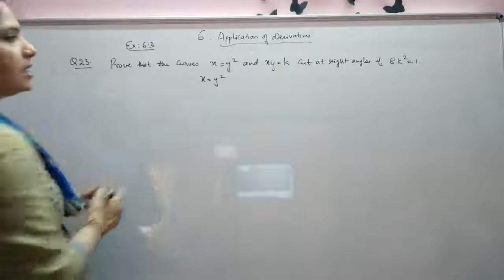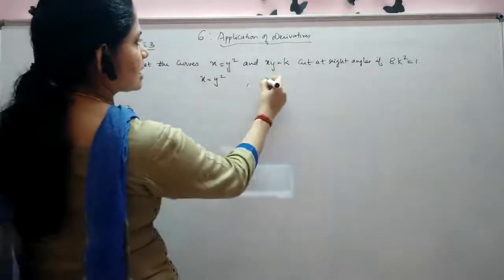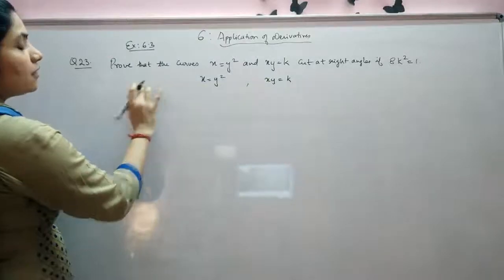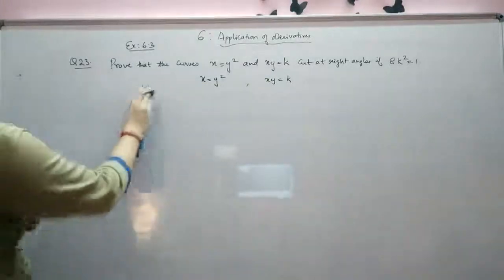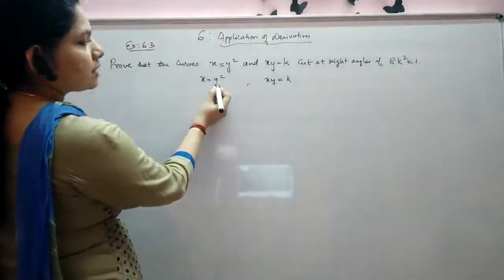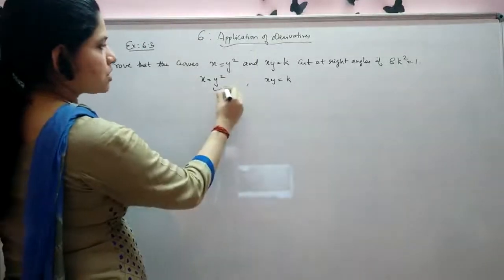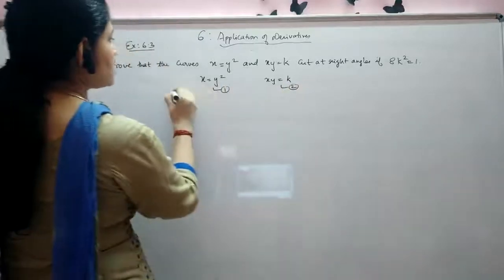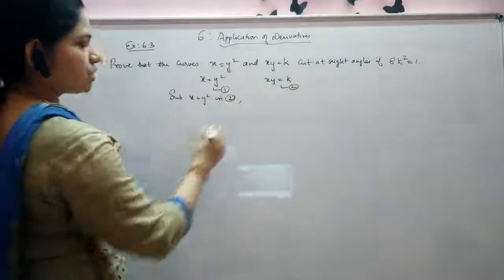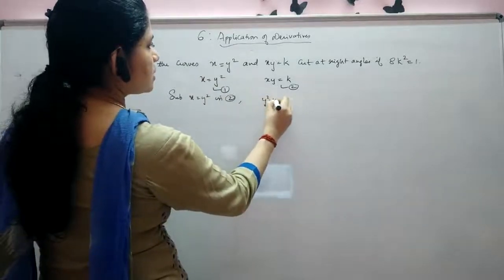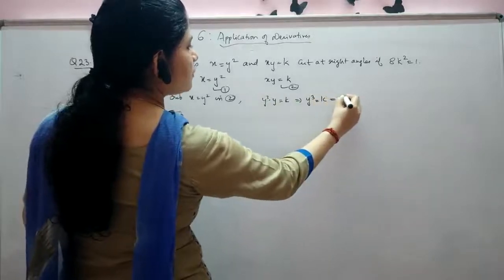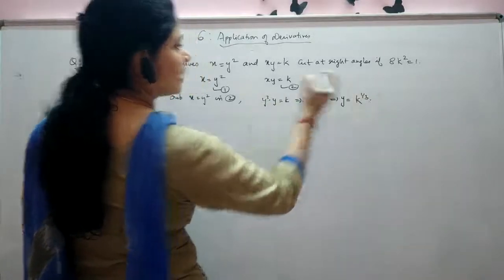Okay. So x equal to y square is given and xy equal to k. Differentiating both, what you will get, sorry, first we will solve this and then we will find out the derivative. Solving means we replace x with y square in the second equation, this is equation number 1, equation number 2. So substitute x equal to y square in equation number 2. What you will get? x will become y square into y is equal to k, or y cube is equal to k, which will give you y as k raised to 1 by 3.